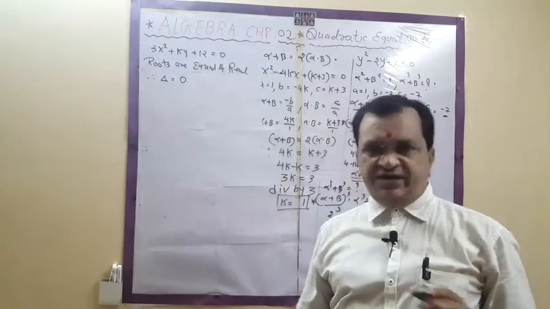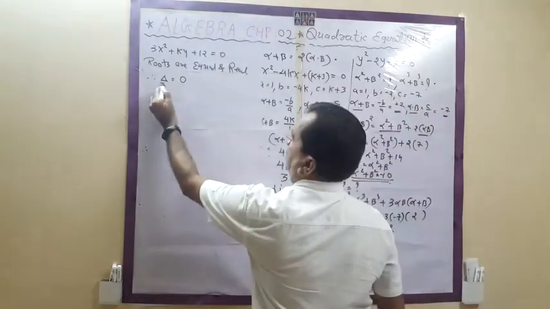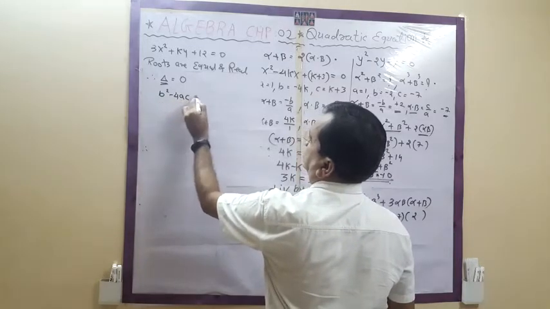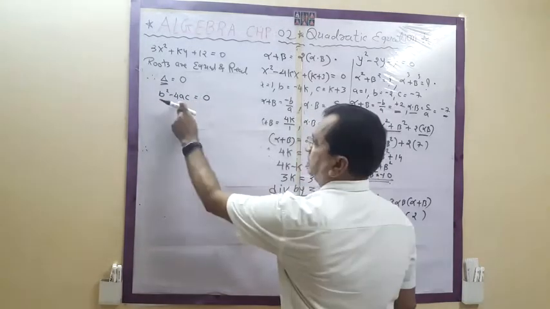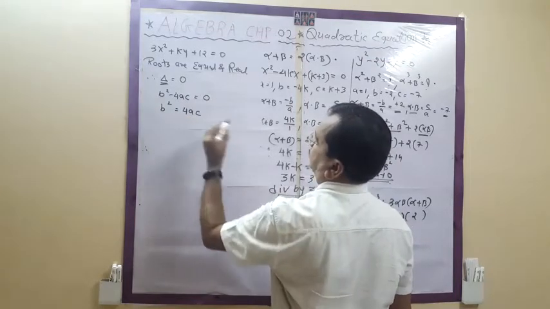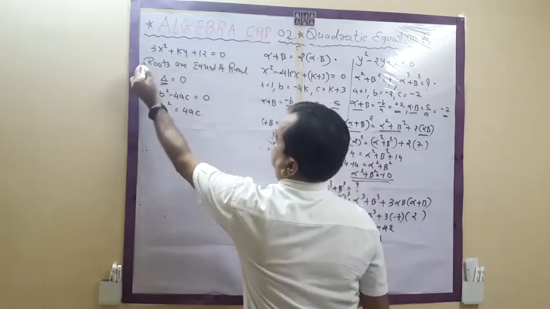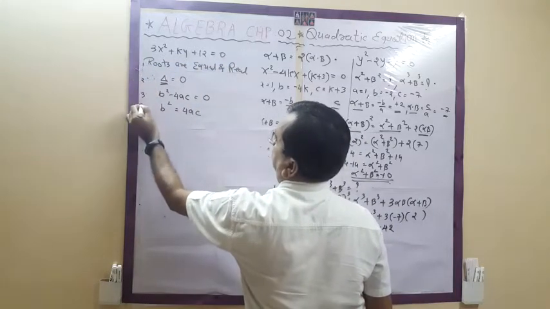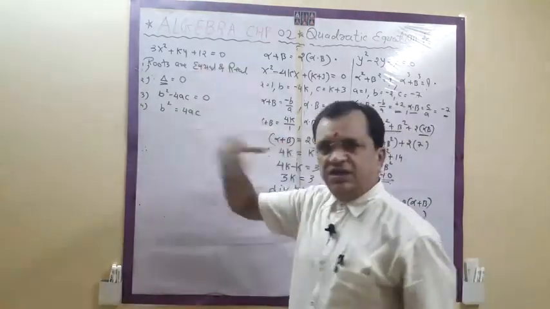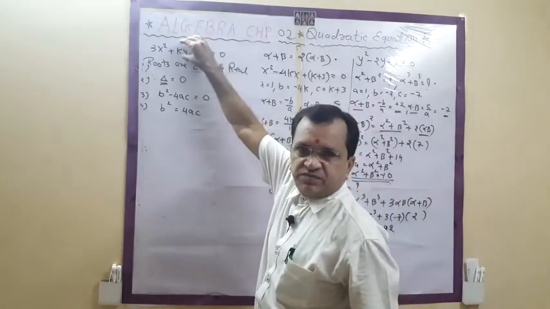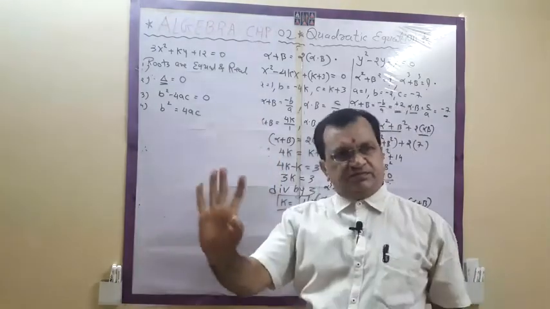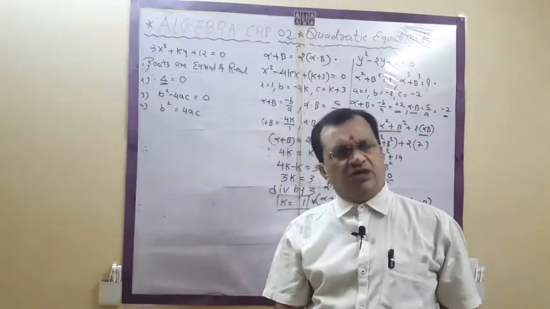When it is real and equal, delta is equal to 0. But what is the formula of delta? It is b square minus 4ac is equal to 0. Now take this side. B square is equal to 4ac. So when it is given real and equal, blindly you have to write these 4 steps. For any question, this part should be constant. Forget about the equation they have given, real and equal. So write the 4 steps. Same for any question.